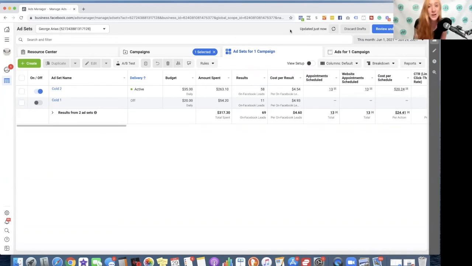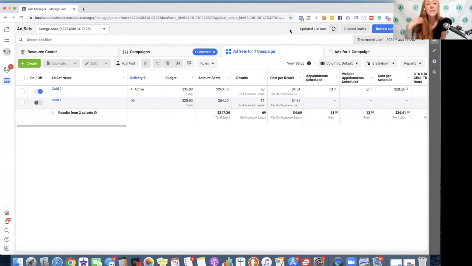This account was already set up when that change was enacted, so it's not completely accurate. You saw on their dashboard, they had 31 appointments. Inside of this account as a whole, it's only showing 15. So that is one more reason why having these resources that I will walk you through to be able to properly set up this tracking workaround so that your ads manager dashboard is fully accurate